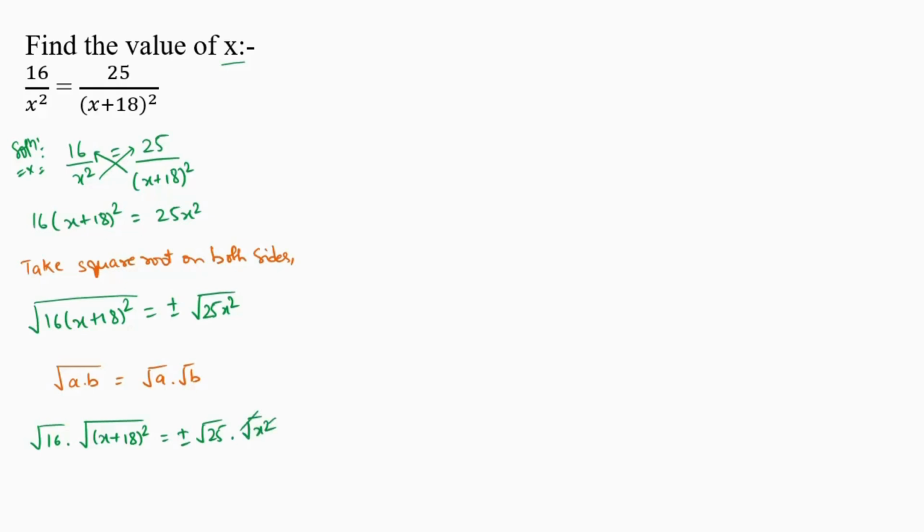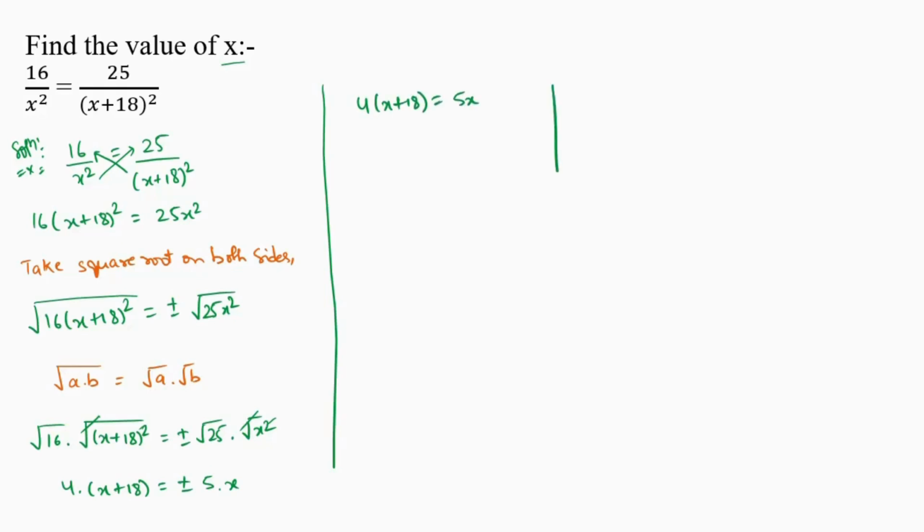Square root and square will cancel out, so we get 4 times (x + 18) equals plus minus 5 times x. So from here we get two equations. First is 4 times (x + 18) equals 5x, and second is 4 times (x + 18) equals